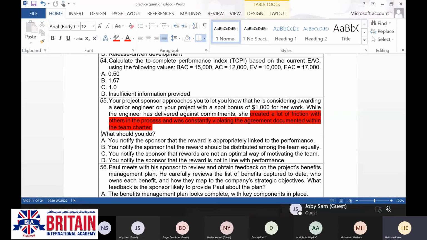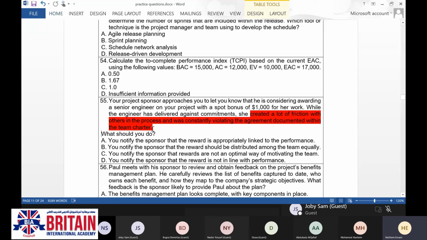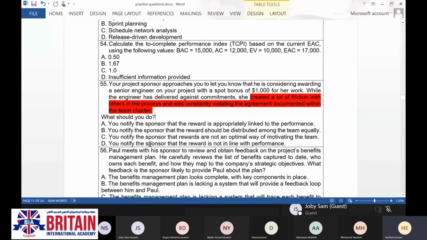Again, you need to read your question carefully. Start by the last part of your question and start reading the answers. If you can pick the right answer from the last part, then it's fine.